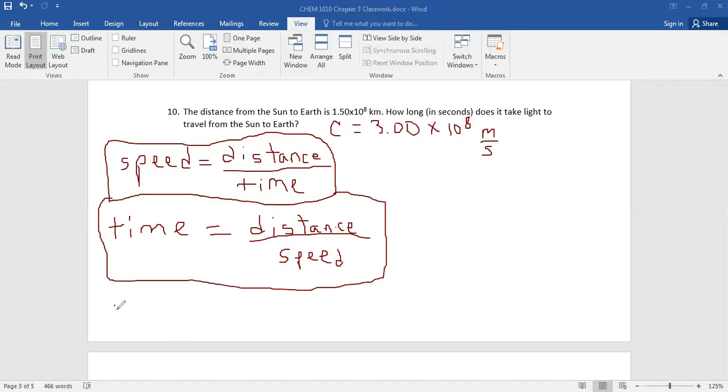So therefore, the time it's going to take for light to travel from the sun to the earth is going to be the distance,